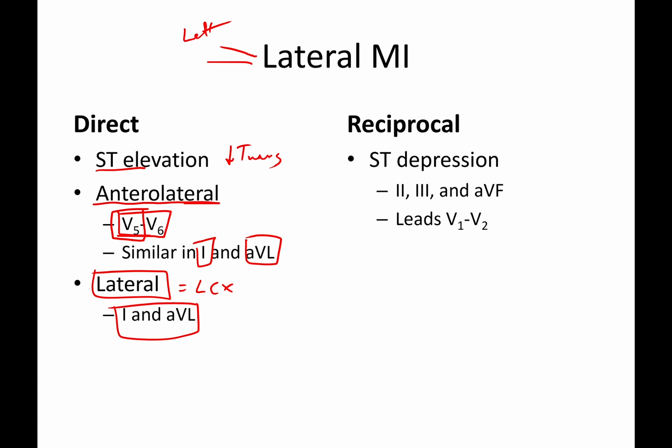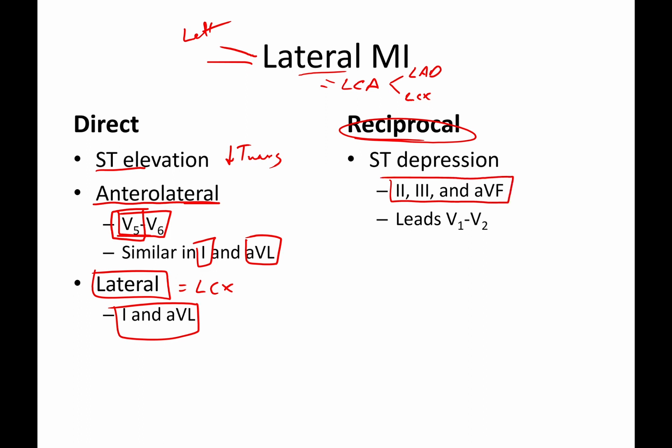And again, those put you in the same territory so that the physician would know if we're having any kind of a lateral MI, that's going to be a left coronary artery issue. And now he or she has to decide if it's the LAD or LCX that needs to be stented. Your reciprocals for a lateral MI are actually your 2, 3, and AVF again,